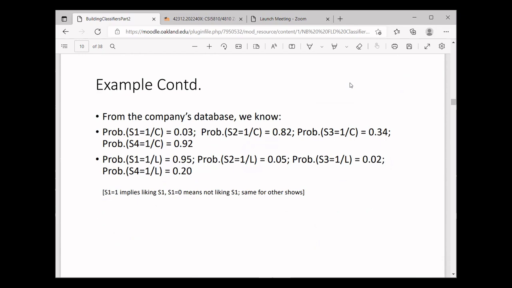These are based on the historical records of the company. Whichever problems you work on, there is always historical data or some other data to give you an idea of what those a priori probabilities are. For example, if you are looking at